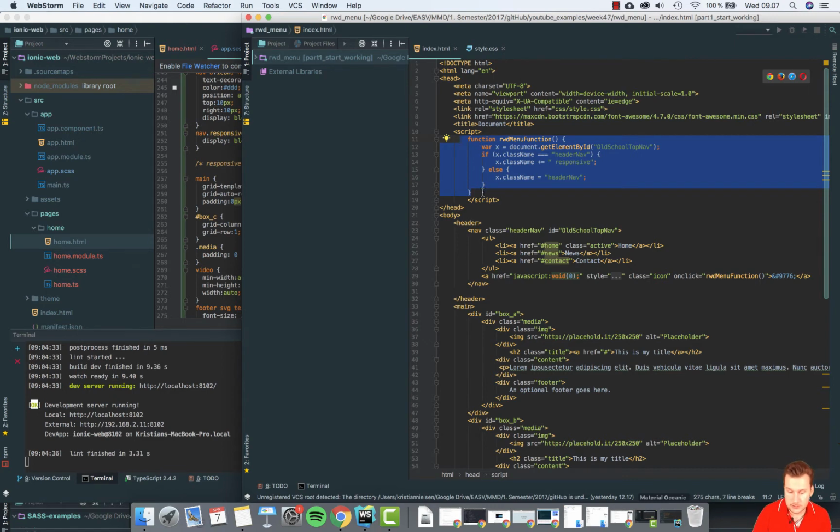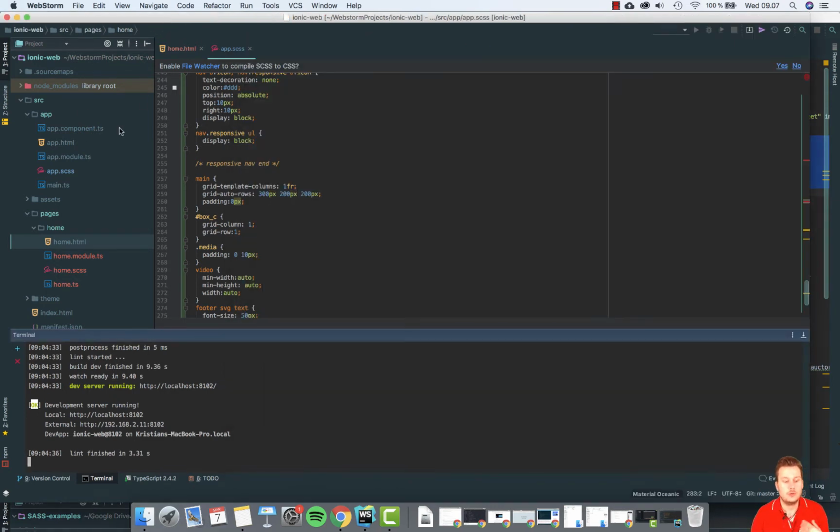Let us just start with the JavaScript and get that part over with. So we're just going to copy this part up here, making sure it's not the whole script, just from where it says function start to the end of the curly bracket here. Just going to copy those. So do a Command C, or Control C on your Windows, and go back to your